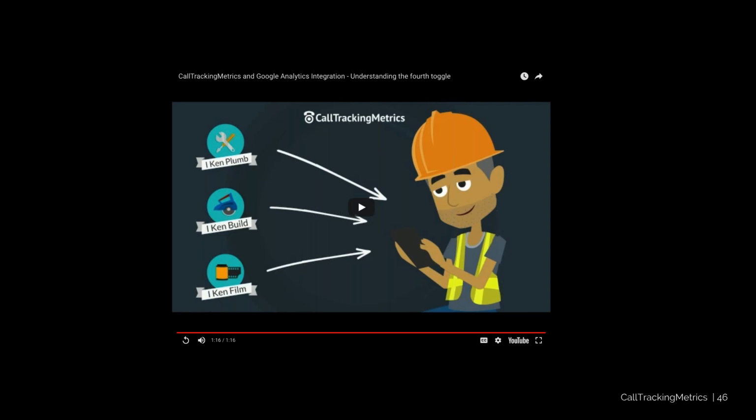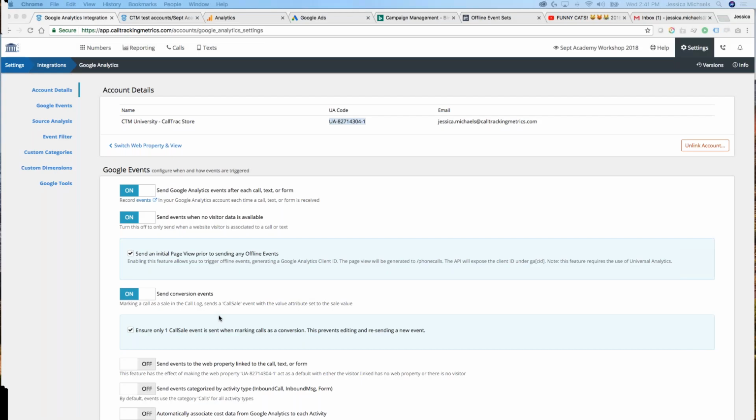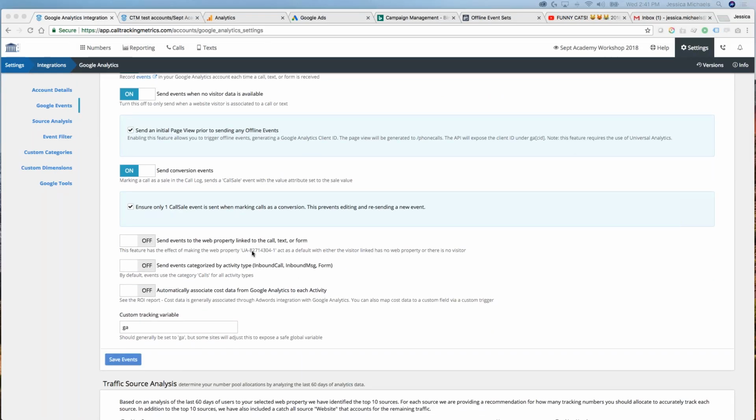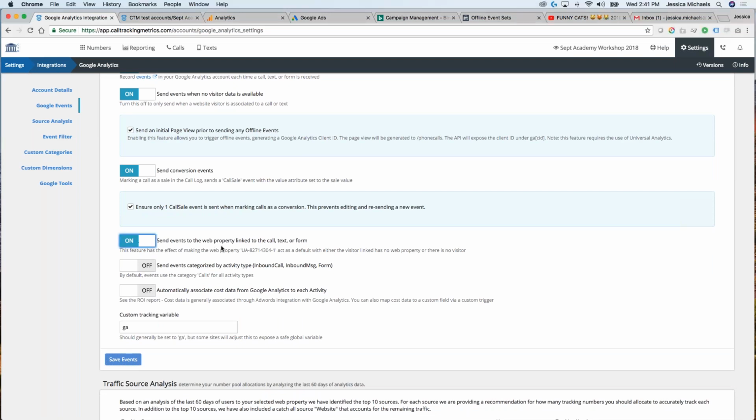Okay, so hopefully that helped explain the use case for that last toggle. When it comes to this, I like to advise a little bit of caution. If you're sending your events into probably more than 5 different analytics properties, I would recommend upgrading to our marketing plan or our contact center plan, because with that you'll have an endless amount of sub accounts.